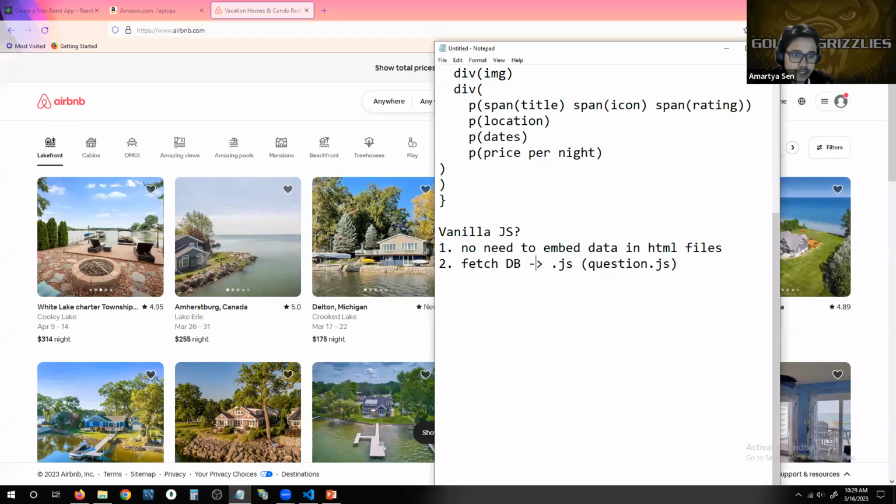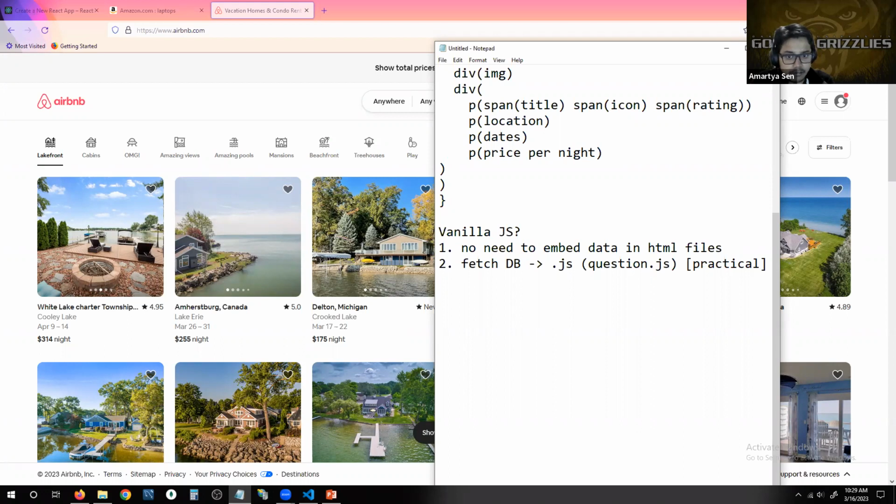But generally, we don't do that because for a very big website or very big application like Airbnb or Amazon or YouTube and stuff like that, you don't want to send the listings data and host it on the client's computer because you don't know if the client's computer has enough space to support 10,000 results, and that will just slow down the entire computer, along with the fact that the browser takes its own memory to execute itself, right? So generally, this is not going to be practical, but let's say for the sake of discussion,